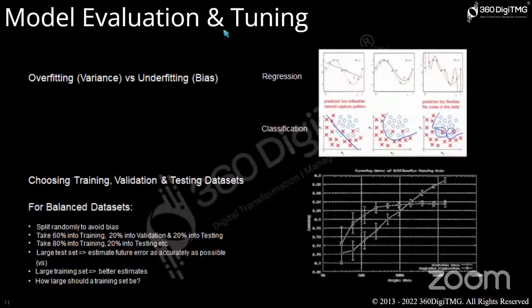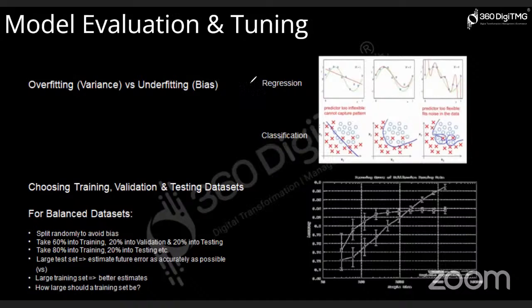Now model evaluation. So here under model evaluation, first of all, we should check whether our model is overfitting or underfitting. We don't want a model which is either overfitting or underfitting. So what is this overfitting and underfitting? So overfitting is a case when